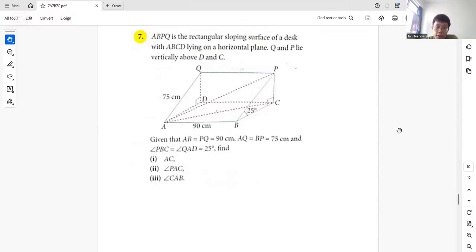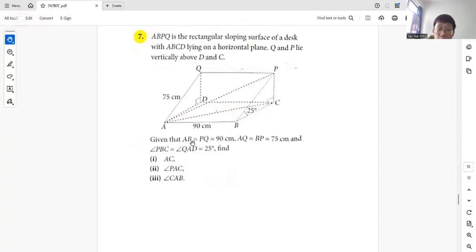Okay, let's go through question 7 together. So ABPQ is a rectangular sloping surface of a desk, right? With ABCD lying on a horizontal plane. Yep. And Q and P lie vertically above D and C. All right. Okay, so given that